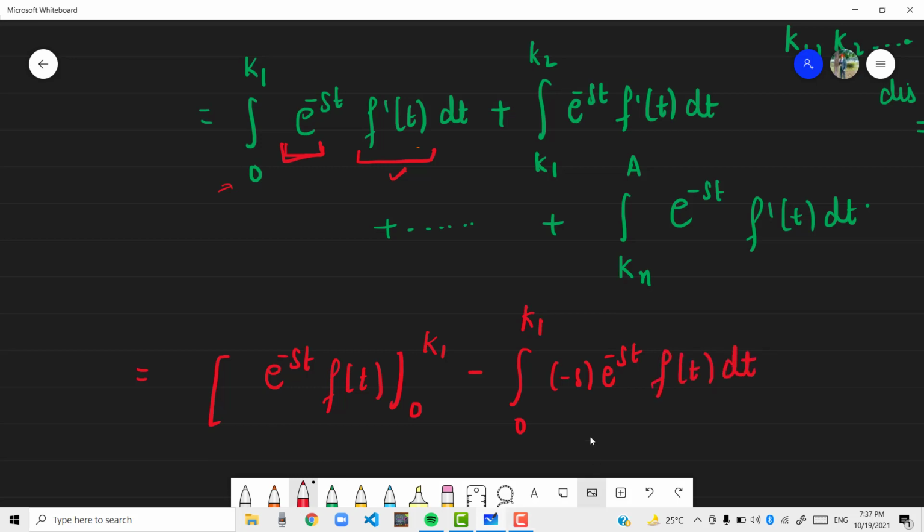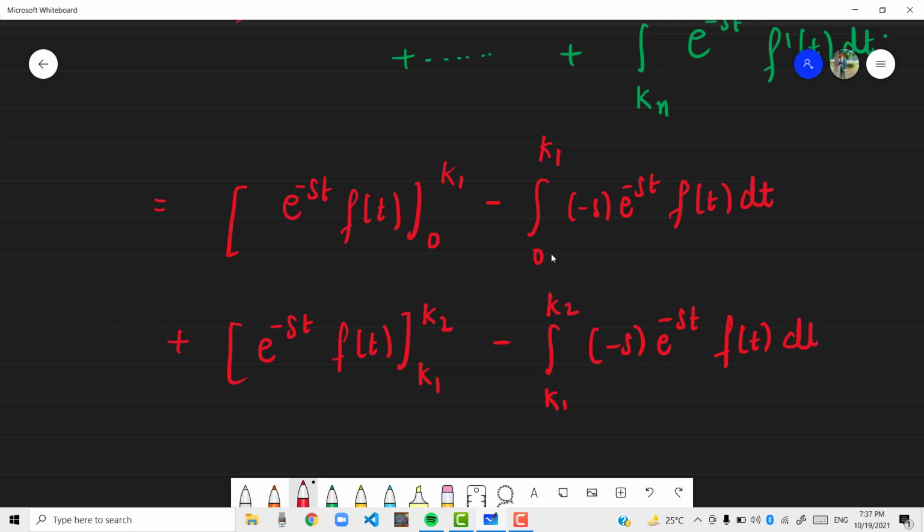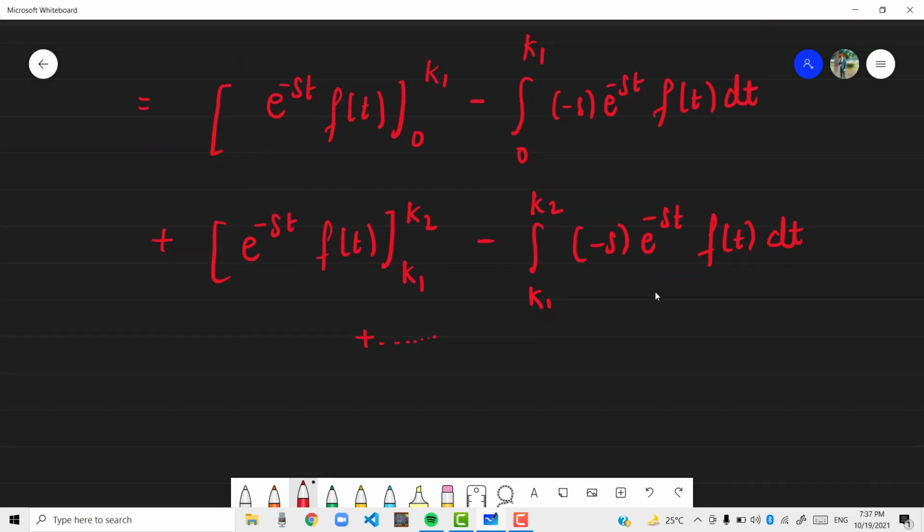अब ये हो गया फर्स्ट एक्सप्रेशन के लिए. For the second expression we get this is equal to e raised to power minus st f of t from k1 to k2, minus s into the integral of e raised to power minus st f t dt from k1 to k2. राइट। सिमिलरली इसको सॉल्व करते जाएंगे तो हमारे पास फाइनली आ जाएगा e raised to power minus st f t